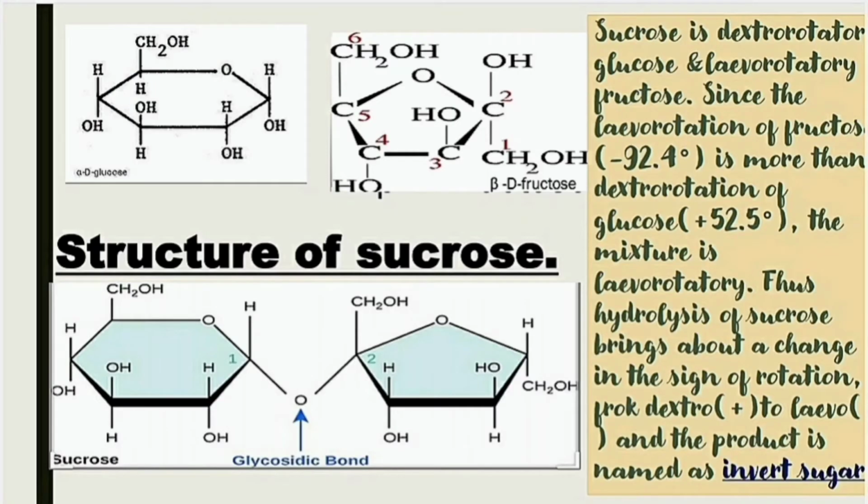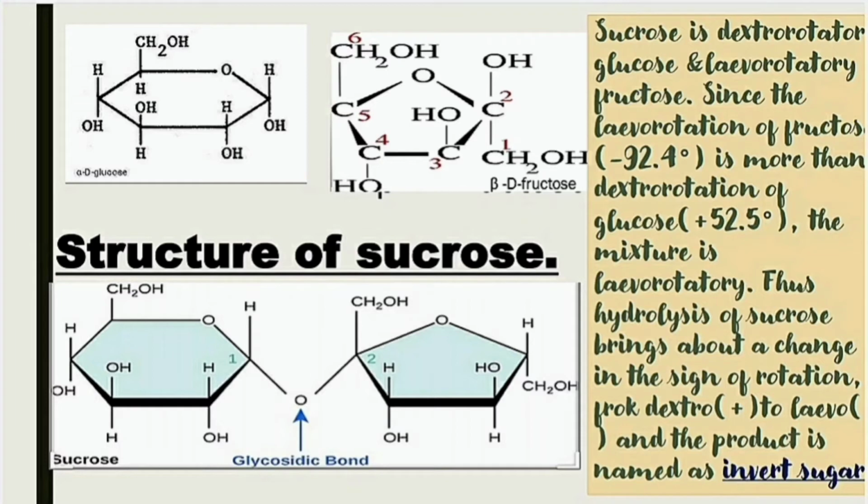So now here we can see the structures of alpha-D-glucose and beta-D-fructose. When these both combine together by a glycosidic bond, we'll get the structure of sucrose. Here in the structure of beta-D-fructose, we can see that carbon 2 is at the right hand side, and in the structure of sucrose it is at the left hand side. That is, we'll flip this beta-D-fructose 180 degrees towards the left for the glycosidic bond formation to happen. And this carbon 2 comes to the left hand side, and thus all other bonds also get flipped. That is, the CH2OH group which was at the bottom in beta-D-fructose comes to the top, and the OH group comes to the bottom.